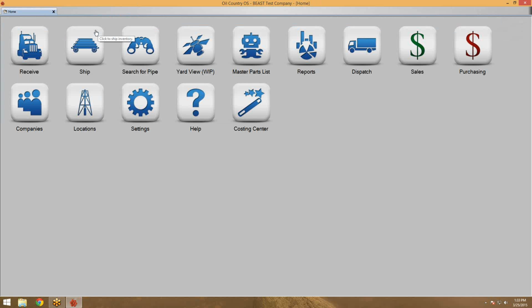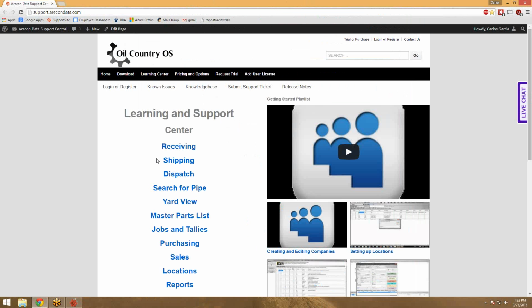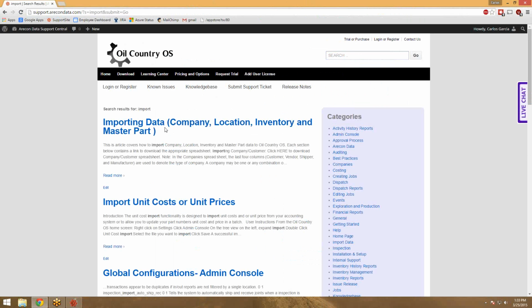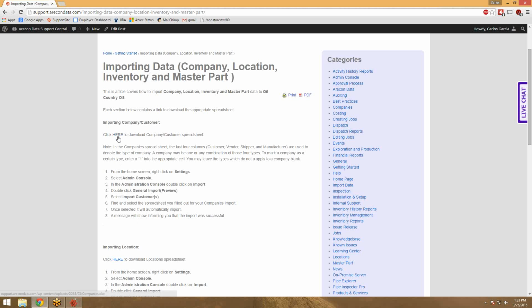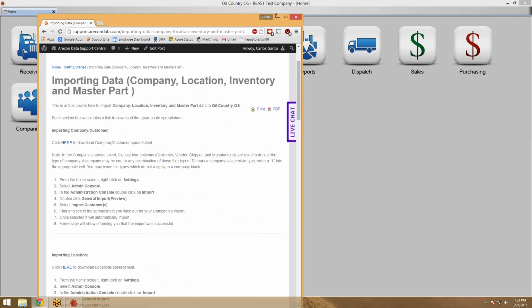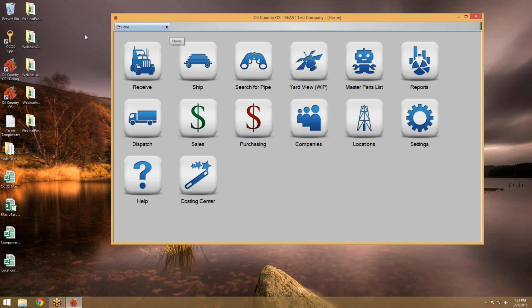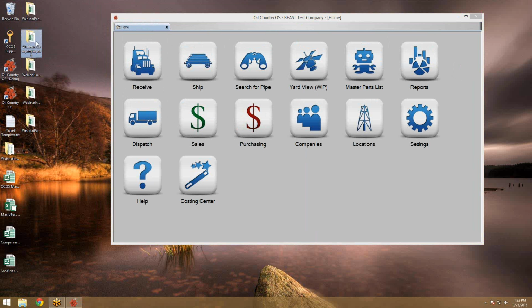And I'll post the link to those pages later on the YouTube video and in the chat. So if you go to the Help button here in Oil Country OS, it'll take you directly into our support site, where you can search for import and be brought to this importing data post. And here you have the different pre-configured spreadsheets available for download. However, I already have them set up here on my desktop. We're going to start with the company import,